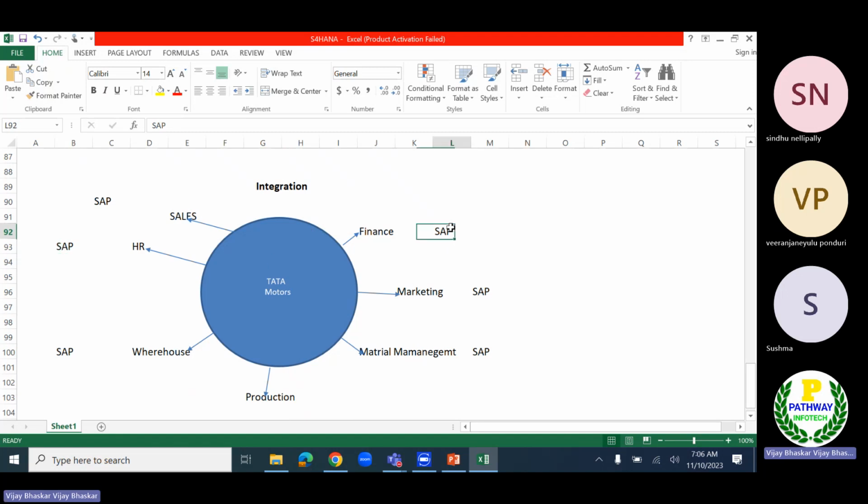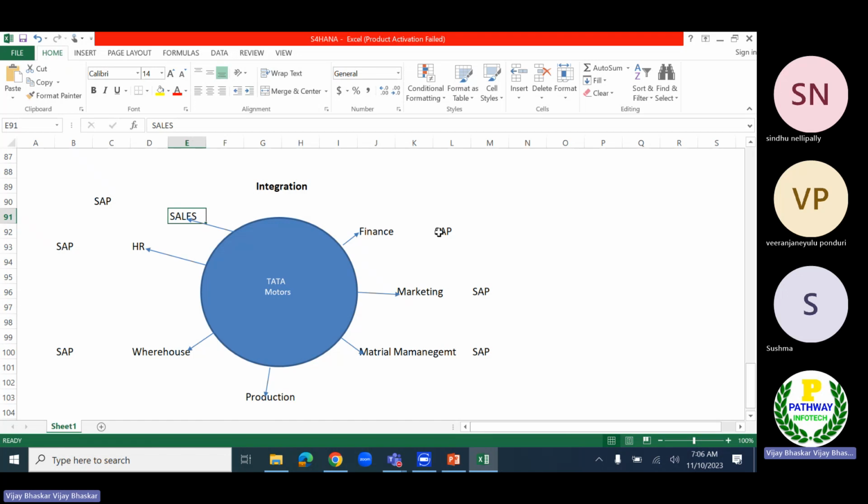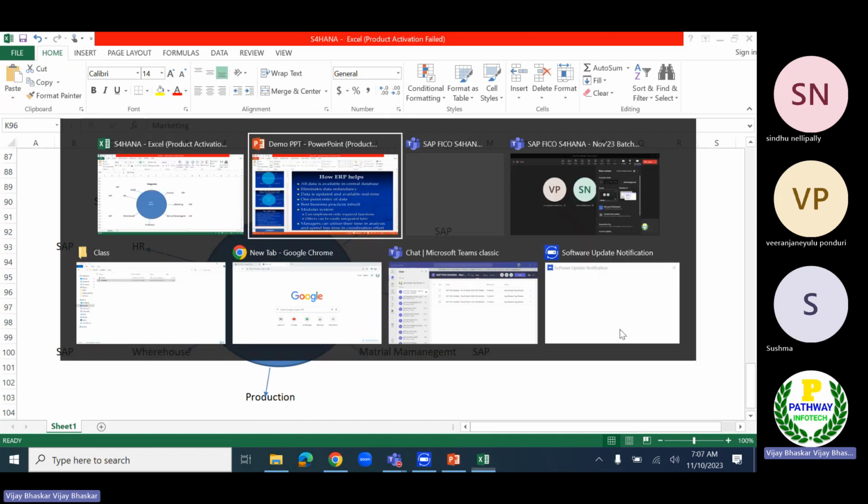Once the business and top management get confident, they will go for the additional modules they want. You can see here, you can implement only required functionalities. Others can be easily integrated later. So for 2023 the organization is implementing finance and HR, but for the next upcoming year they implement sales and marketing. That is possible.